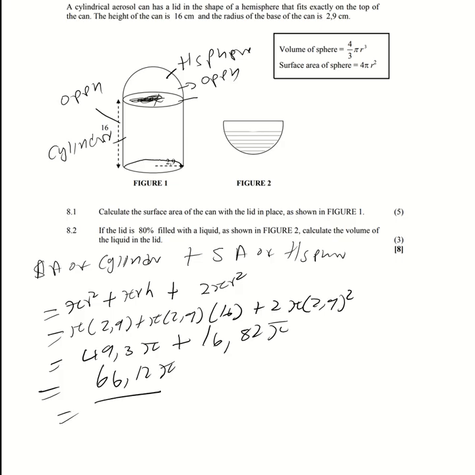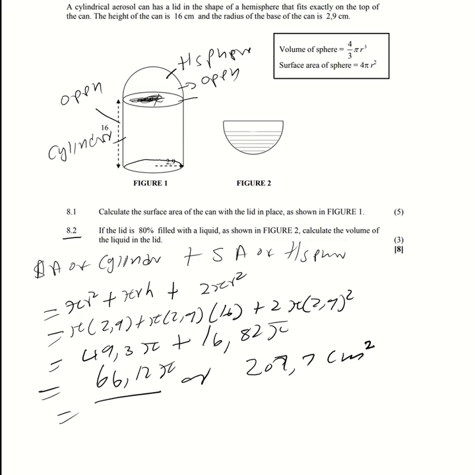So I can give this with pi, or I can get it without pi, which will give me 207.7. Remember this is in centimeters squared because of the centimeters. So this is the surface area. Question 8.2: if the lid is 80% filled with liquid, shown in the figure,